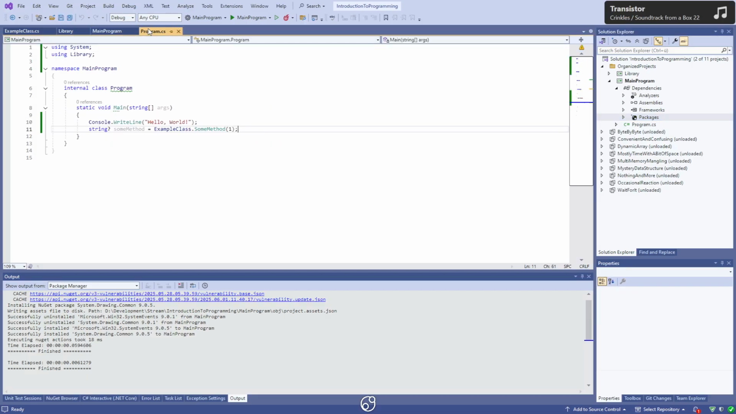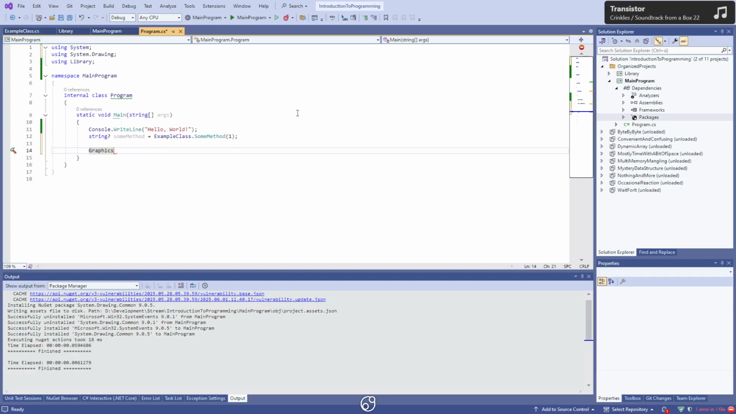So it's all in here. And now I can use things like graphics from System.Drawing. This is also where things can get a bit ugly, with NuGet packages and dependencies on dependencies on dependencies, or the transitive dependencies. You can have a situation where, let's say I require two different libraries, two different